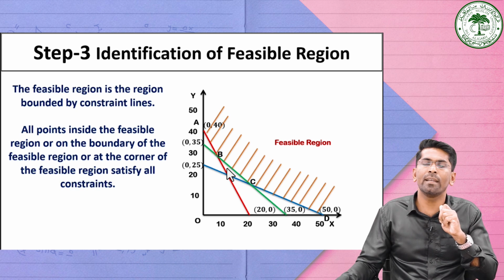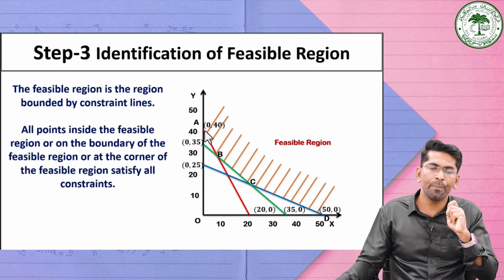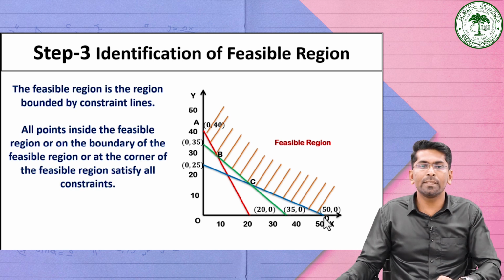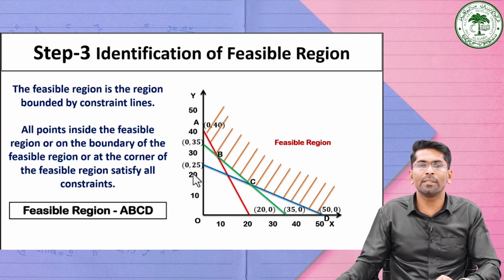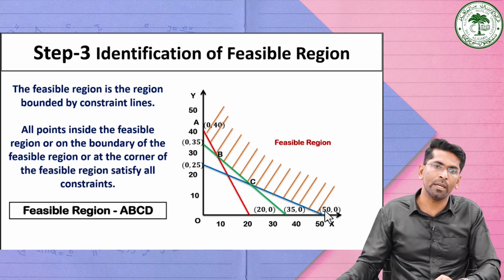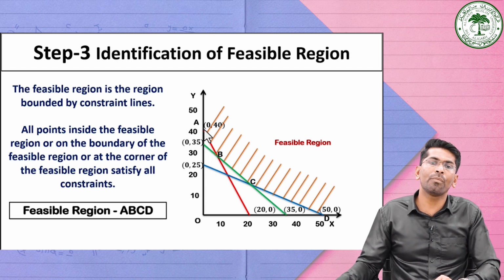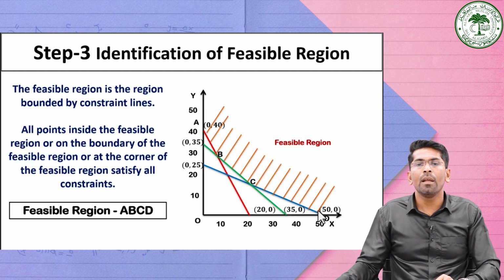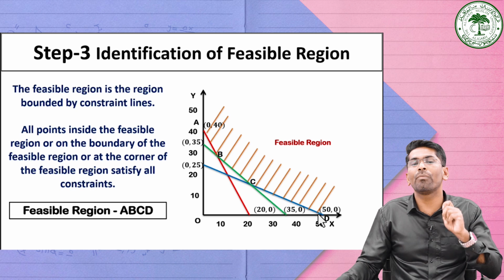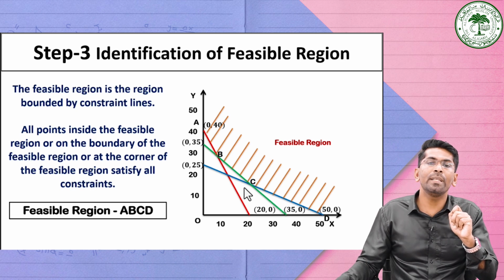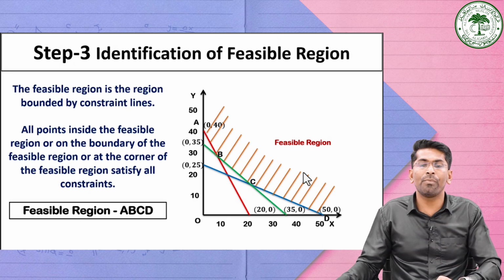So hence we can say that in the feasible region we have the corner points A, B, C, and D. So the region A, B, C, D will be the feasible region, or these are the corners of the feasible region, that is A, B, C and D. Now we want to find the values of x and y at the various corner points, so that we can find out